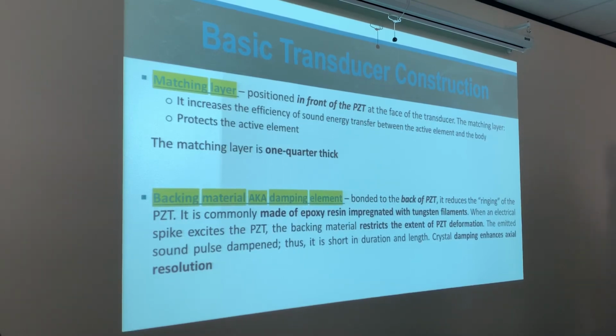The emitted sound dampens, thus it is short in duration and length. We love that because that helps us with axial resolution. We love short pulses in time and length, in time and distance, because that's going to give us the highest quality images. What do you mean in time and distance? Remember how